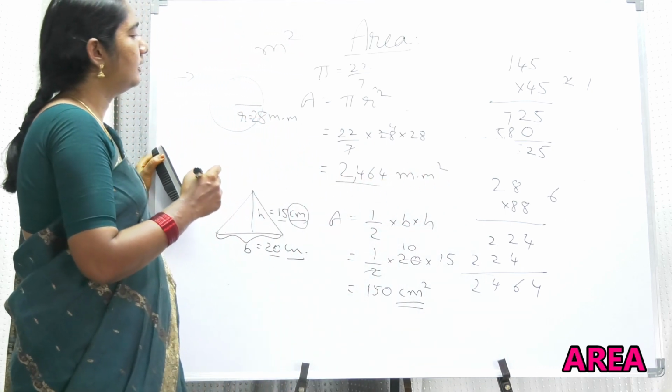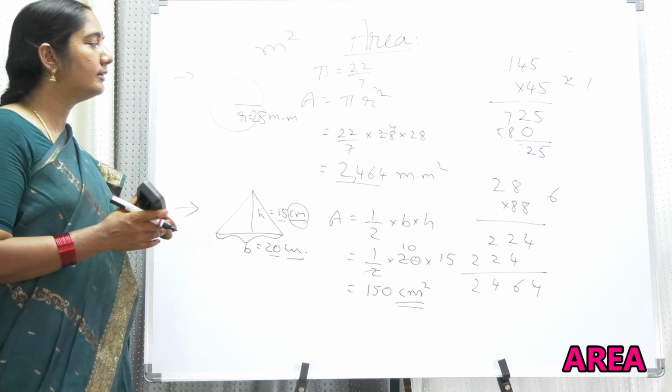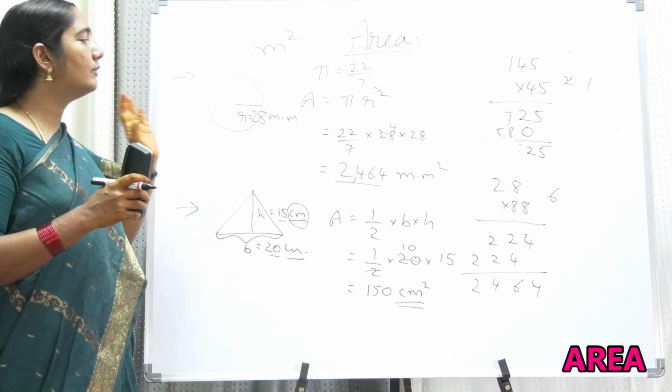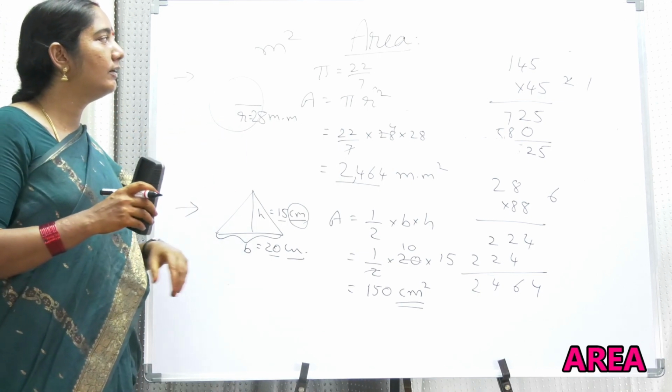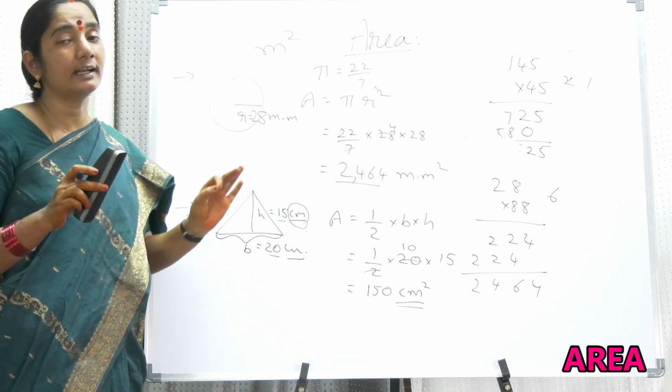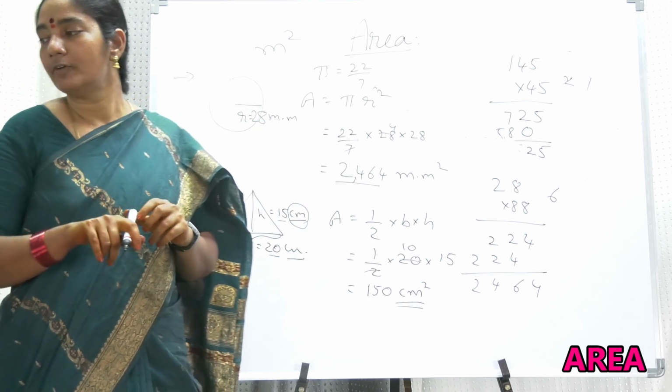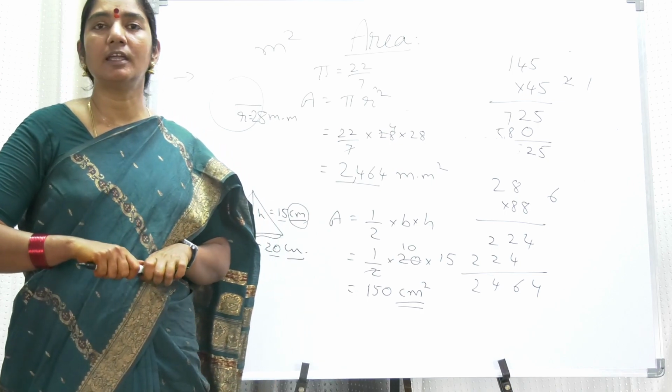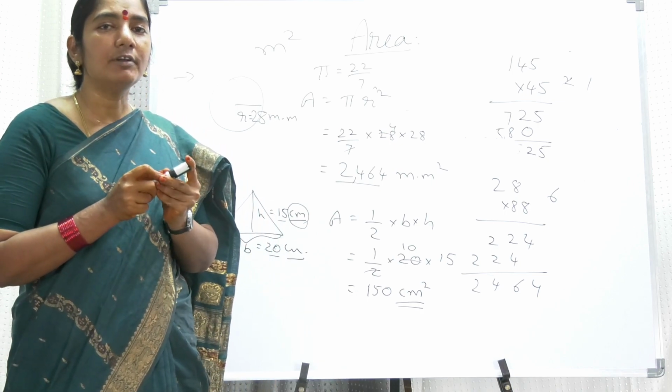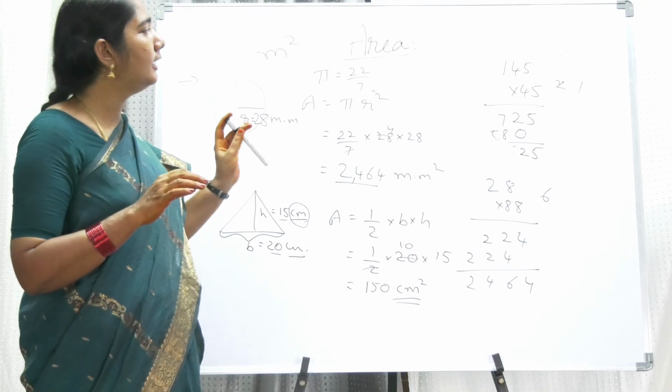Madam, is it okay? So now, my dear friends, we got the answer for the area of a circle. The radius is given. The pi value is not exactly 22 by 7, but for our simplicity we can take it. Now I think you roughly got an idea about how to do the areas. Thank you.